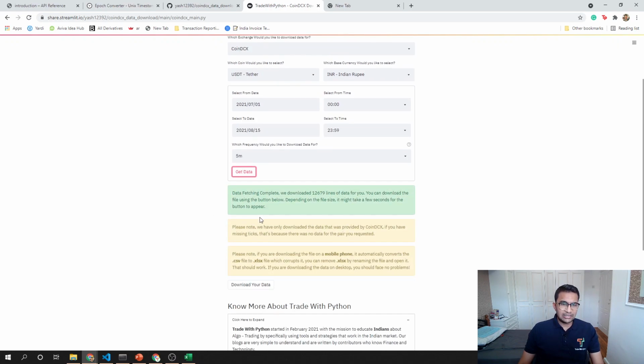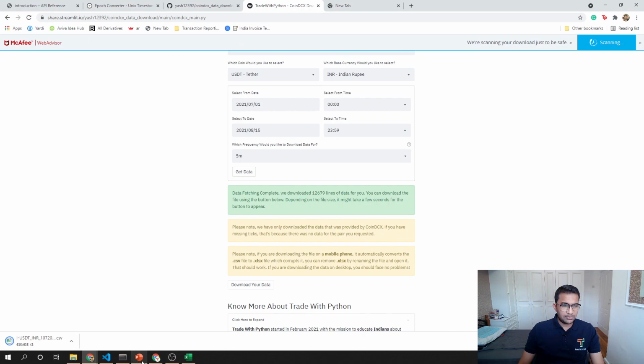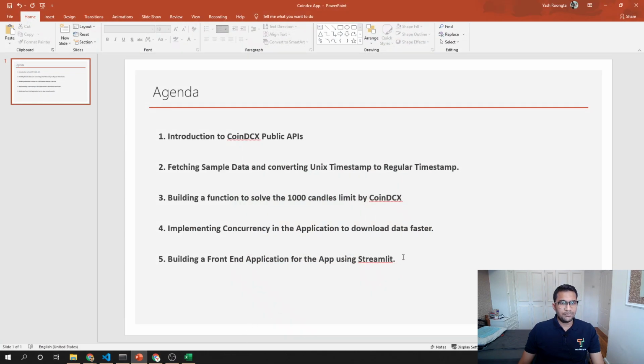So we'll be building this app from scratch right now with you. Let me show you the agenda. First, to get there, we'll introduce you to the CoinDCX public APIs. What are the quirks around CoinDCX APIs? How you can use them? What languages can you use them with? Then we'll show you how to fetch some sample data, like just for a 1 minute time frame for like 1,000